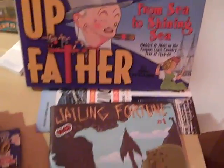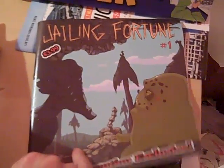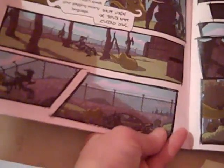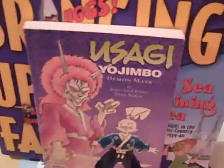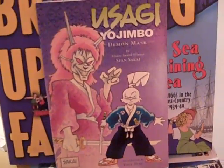This is just from the small press area, Jailing Fortune. These are in no particular order that I have here. I'm really intrigued about reading this one. I should probably read this next and then go back to the longer collection that I'm reading. Just some straightforward and engaging storytelling, it looks like. We'll see what I think. Oh look. Can't go wrong with a little... I'm holding the camera at a really weird angle too, so...